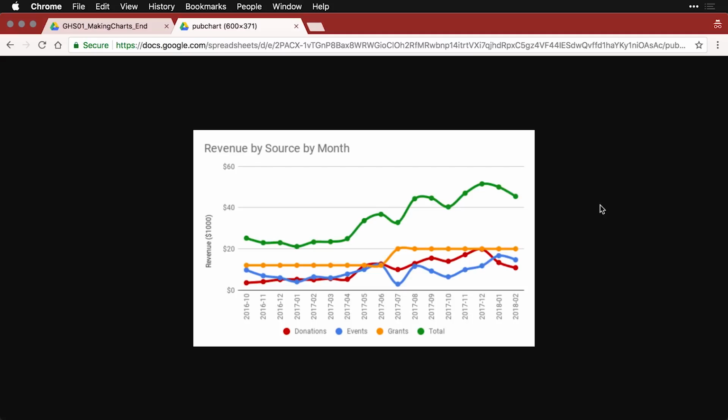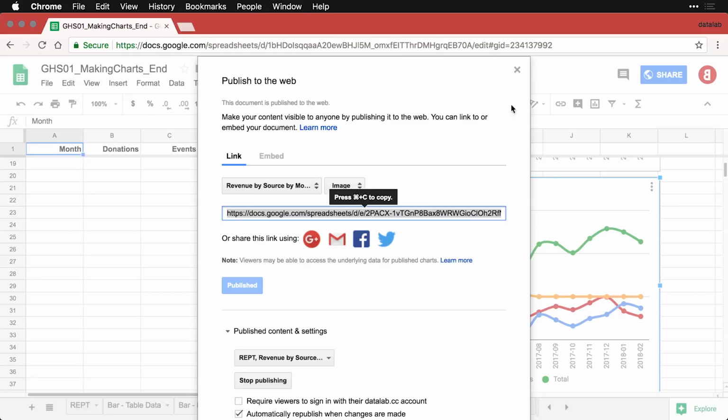And now you can see it's a web page. It's up here on docs.google.com. And it's a little fuzzy because it actually is low resolution. It's about 500 by 300 pixels. I don't know why it's that small, but it's available to people and people can copy this URL and have access to the document. Now I want to go a third choice,